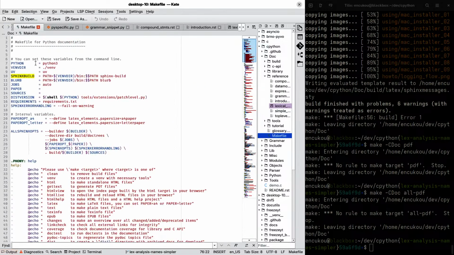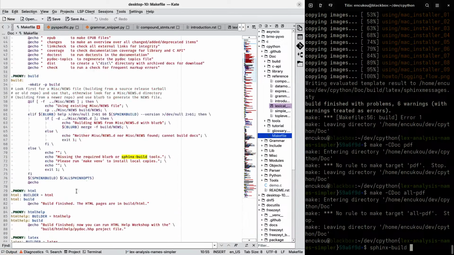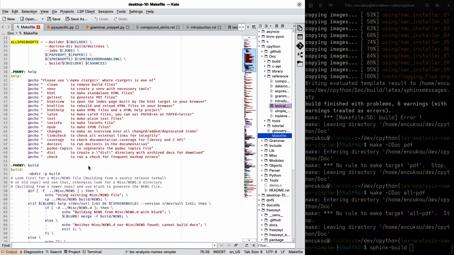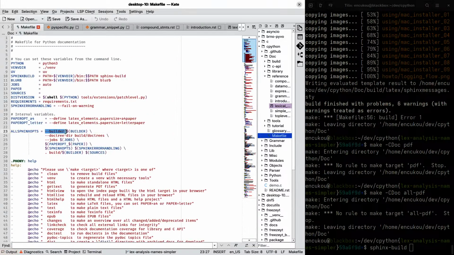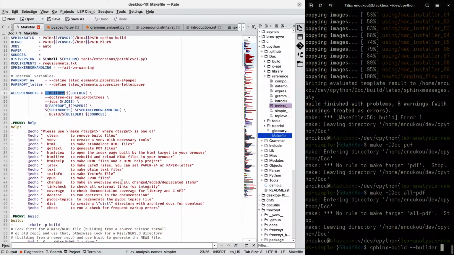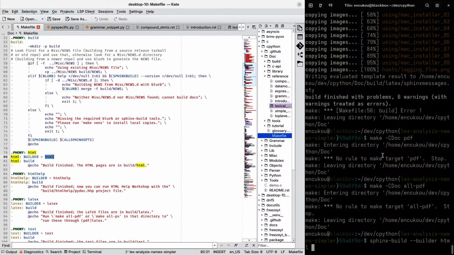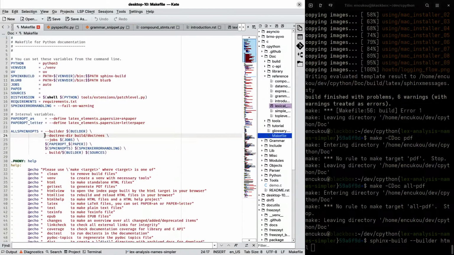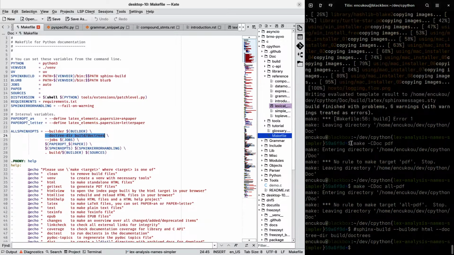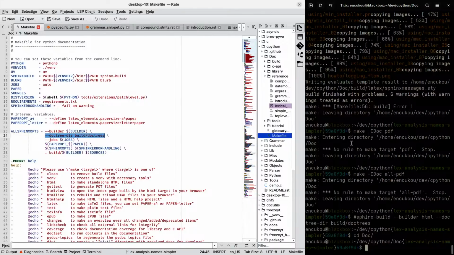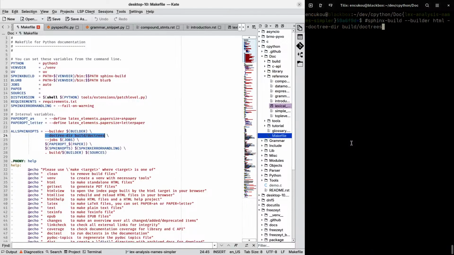So sphinx-build is the Sphinx build command, and ALLSPHINXOPTS says builder will be HTML. There's a doctrees directory, so before I run this, I better switch to doc. Right. So sphinx-build builder HTML doctrees, blah blah blah. Number of jobs.